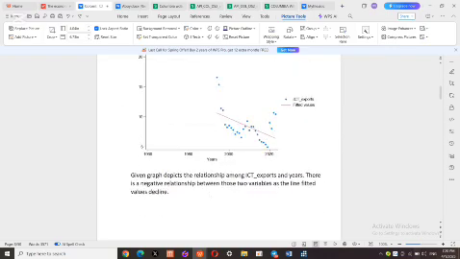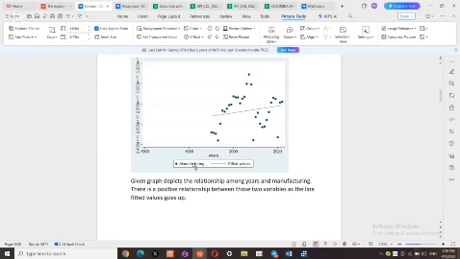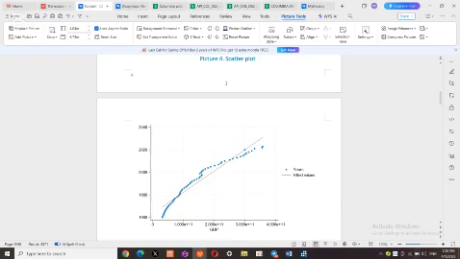Here the given graph depicts the relationship among ICT exports, and here there is a negative relationship between those two variables as the fitted value declines. Here you can see, and the next scatter plot is manufacturing and years,